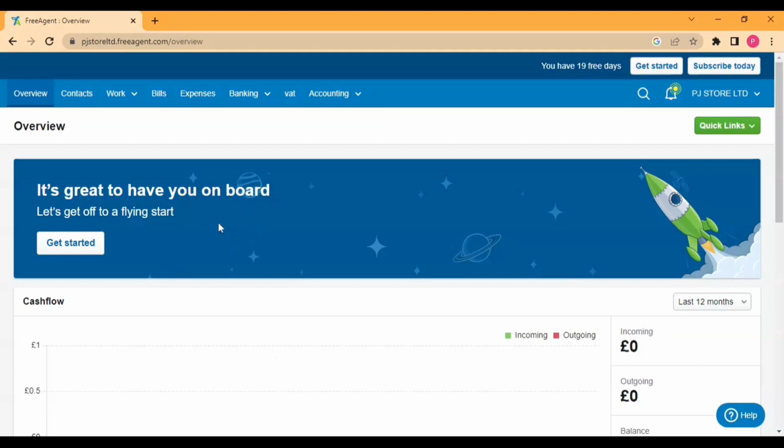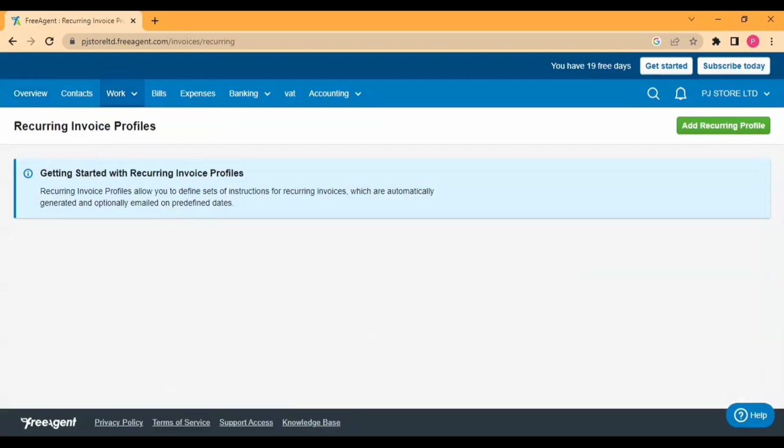Hey everyone, in today's video we are going to learn how to create recurring invoices in FreeAgent software. For that, we'll come to the work menu. Here you will get the option of recurring invoices. Once you click here you will get this kind of display, and here first of all we need to create a recurring invoice profile. So we'll click on the add recurring profile button,